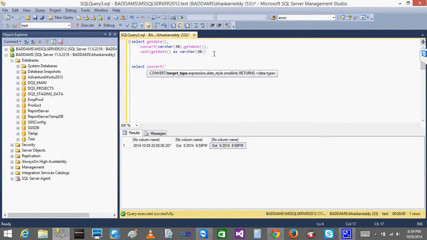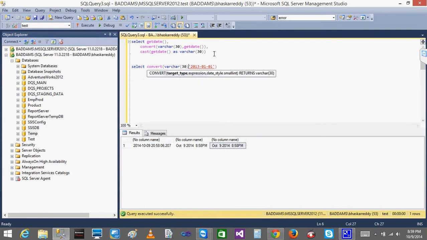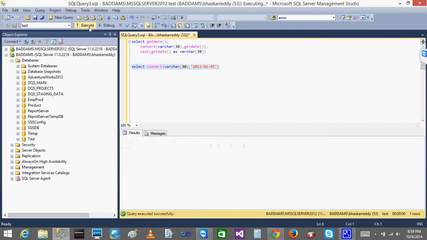get date బదులు నేనే ఇస్తా. 2013-01-01, ఓకే, కామా వేర్ క్యార్ కన్వర్ట్ కదా. వేర్ క్యార్ ఆఫ్ 30, నేను ఇప్పుడు ఈ ఫార్మెట్ ఇచ్చాను. ఇప్పుడు సిస్టమ్ ఏం చేస్తుంది, సేమ్ అవుట్పుట్, నీకేం దాంట్లో తేడా ఉండదు. చూడు, అది 01ని జనవరి కింద కన్వర్ట్ చేసిందా? It didn't convert it right, because you are passing